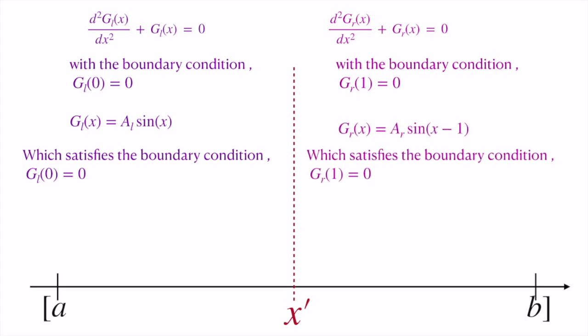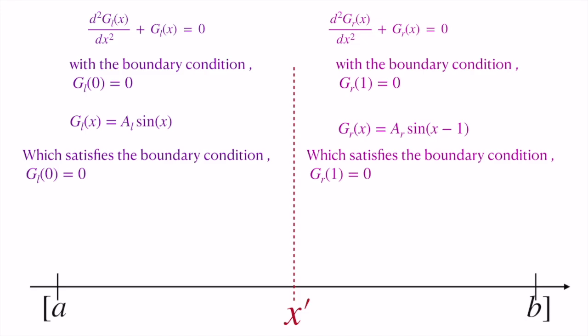It is again clear that the right hand side solution should be of the form A_R sin(x minus 1). It is interesting how this comes about. One way is to say that the general solution to the differential equation is a cos x plus b sin x. Now you have to substitute the condition at x equal to 1, that is 0 equals a cos 1 plus b sin 1, and you have to find a and b. That's a rather long calculation.